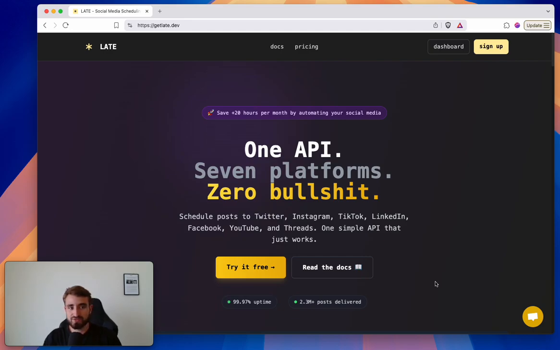I'm Mickey. In this video, we're going to see how we can use Late, which is a social media scheduling API, to create and schedule our posts on more than 7 platforms. This will allow us to save lots of hours cross-posting on different social media accounts by using this tool. So in this video, we're going to see a quick tutorial on how you can use Late